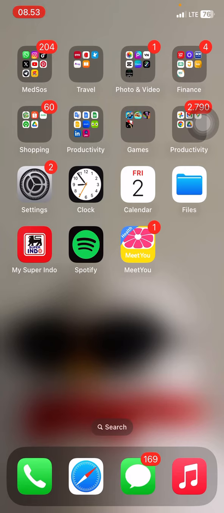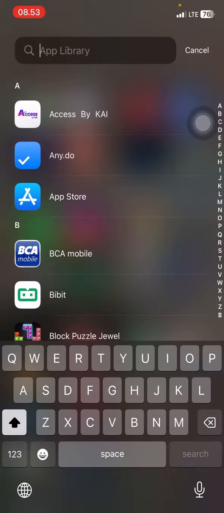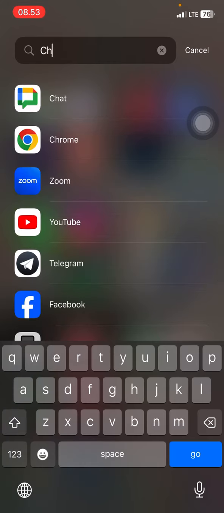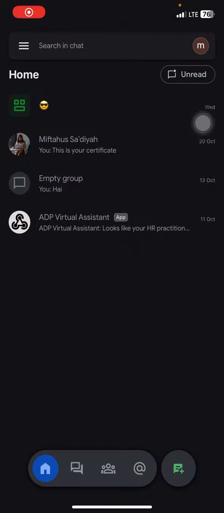So the first thing that you have to do is find the Google Chat application by visiting your app library, and then you just need to type in chat and click it to open it. If you can see here, there is no call symbol that you can find on this Google Chat library or